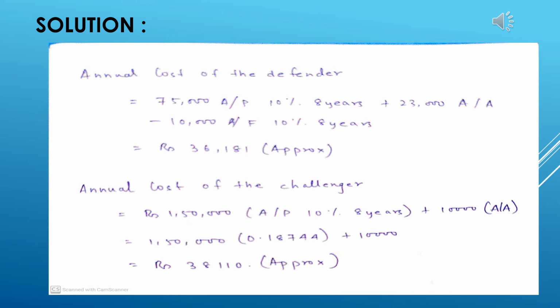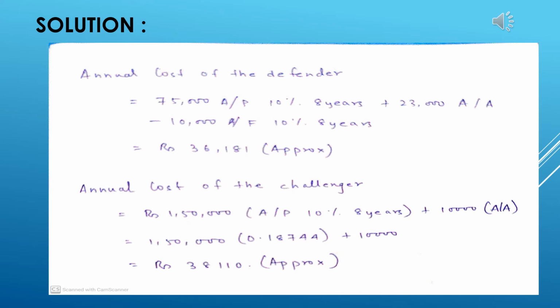And if we do the same calculation for the Challenger machine, where the present cost is 1,50,000 and the annual value is already 10,000, that is the operations and maintenance cost, and since it has no salvage value attached to it, I am keeping that part aside, the value comes to